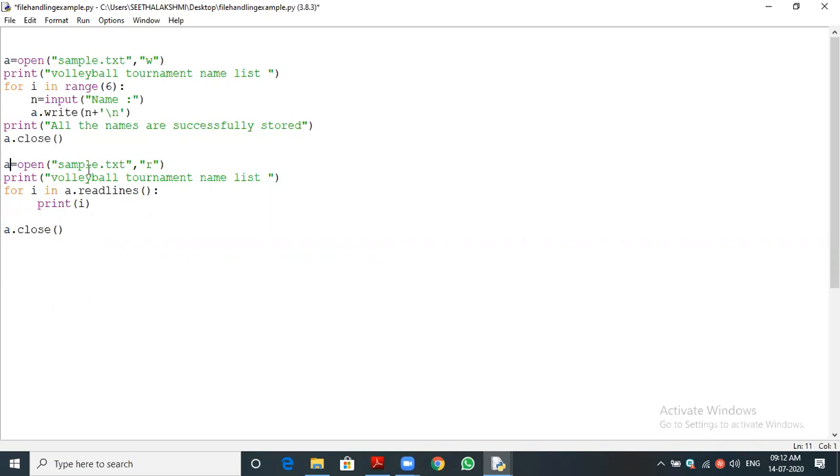Or else we can use a different object, b equal to, whatever. So b is the object. In order to avoid confusion, I'm using b. Now you can see b equal to open, we are opening the file in read mode. Let me come to the for loop: for i in b dot readlines. Can you explain what is the use of the readlines function? Last class and the class before that we discussed the readlines function.